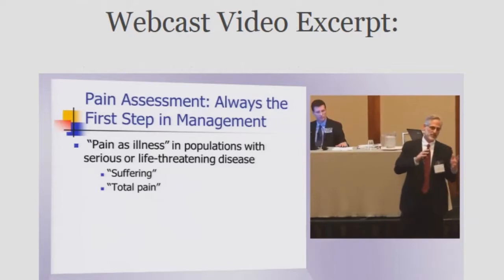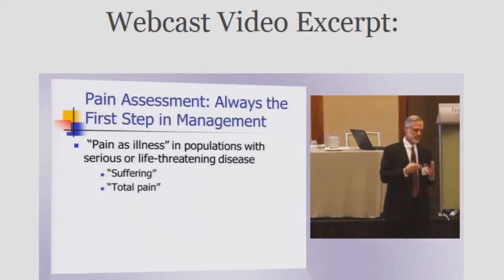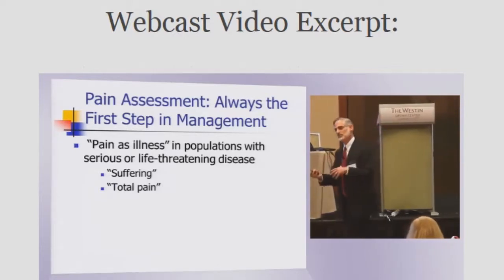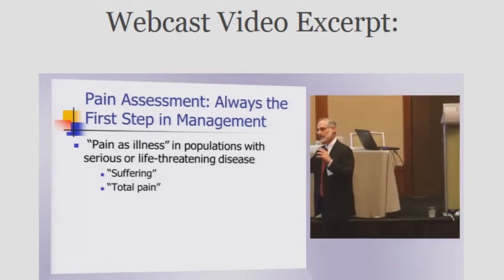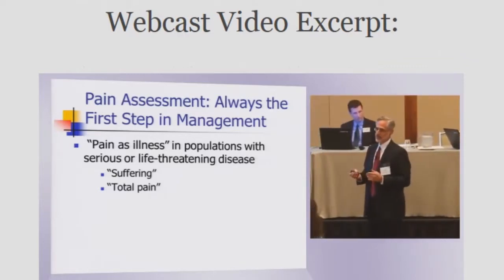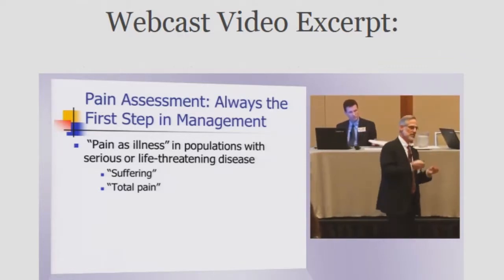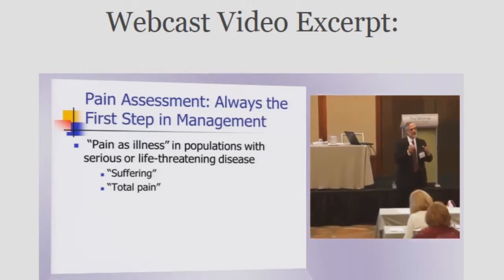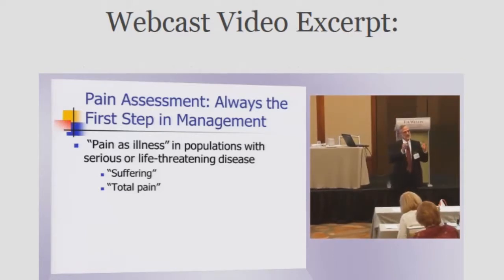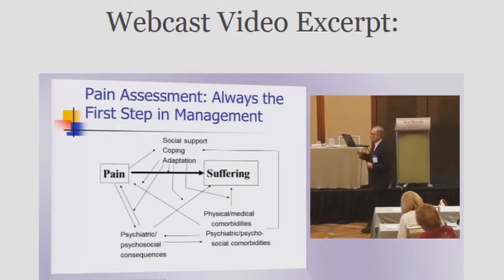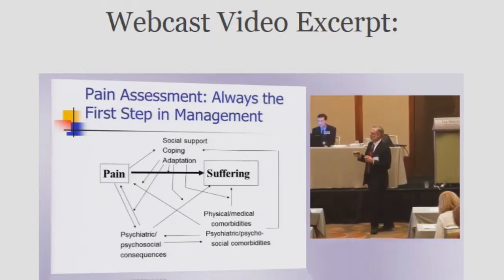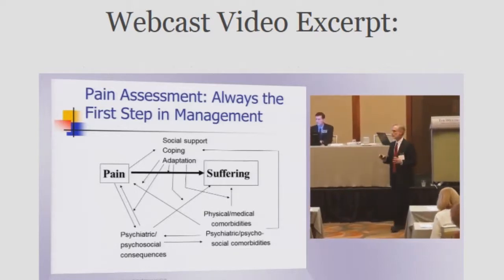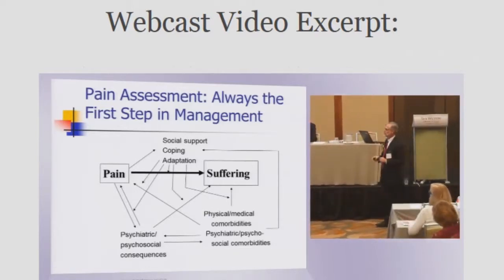Now, interestingly, for those of you who also deal with populations of patients with chronic pain unrelated to medical illness, pain as illness in that population is also associated with a larger construct, and that construct is called disability. So when we're talking about patients with advanced cancer or advanced heart failure, we don't usually use the term disability. We use the term suffering to think about the larger construct to which pain contributes. So one can consider pain as a multidimensional phenomenon that can itself impair many elements of quality of life, but relate as well to this broader construct